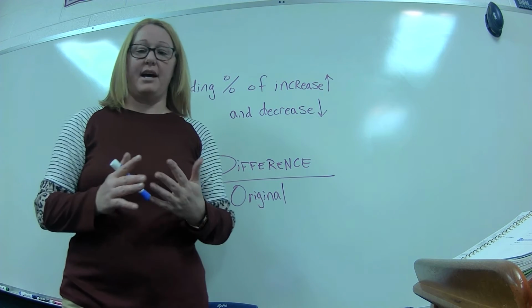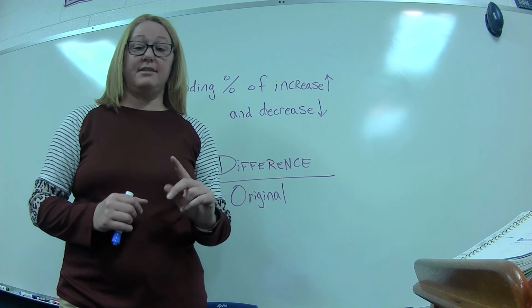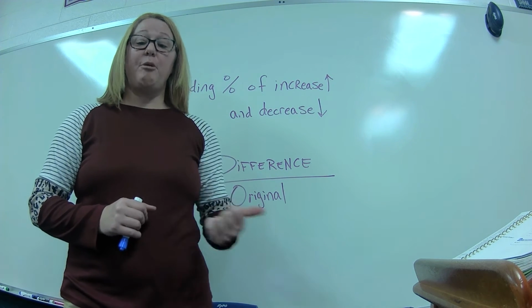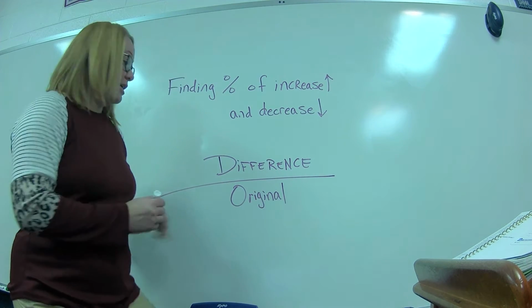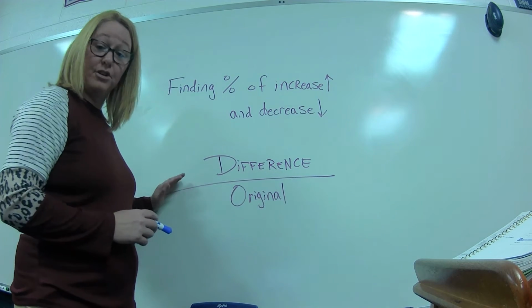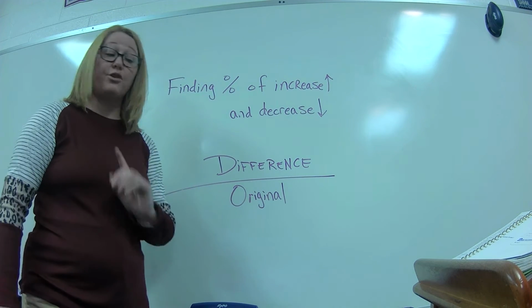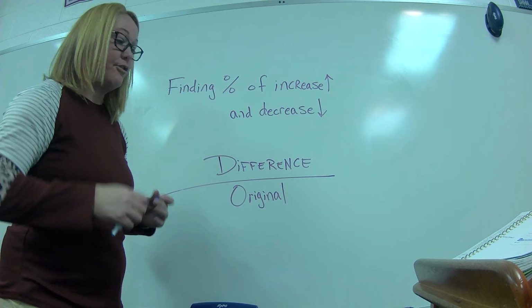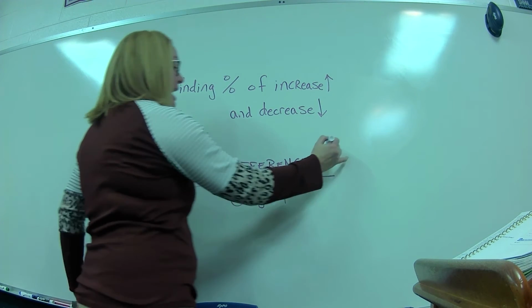Well, how do we do that? We take the difference of two numbers and we put it over the original. This is our division line here. It's a fraction bar. We're making a fraction with the percentages, but first we're going to find the difference. And so, for example, if I had